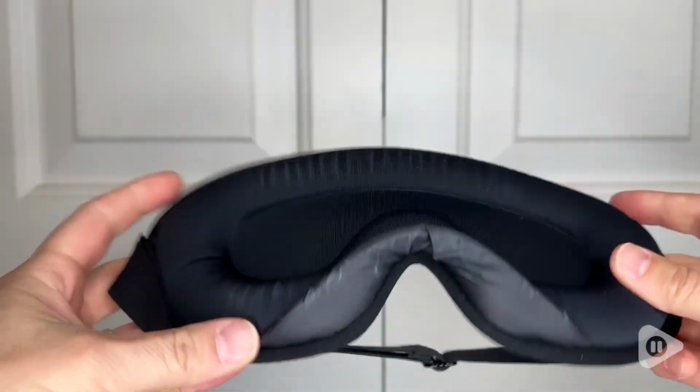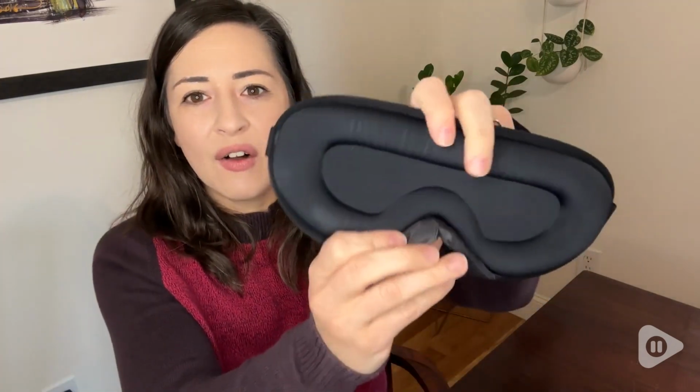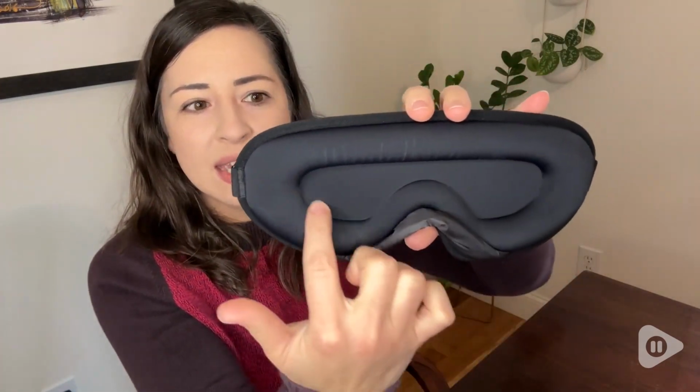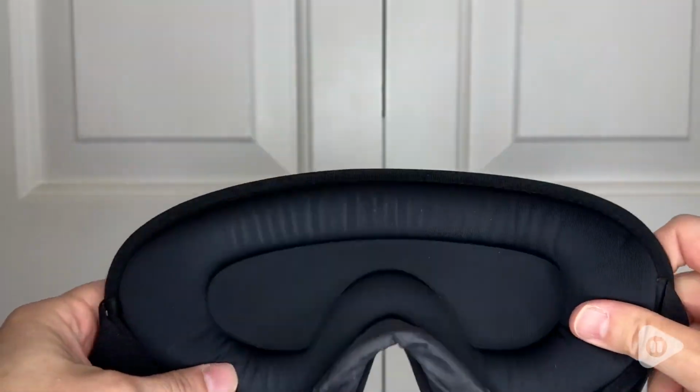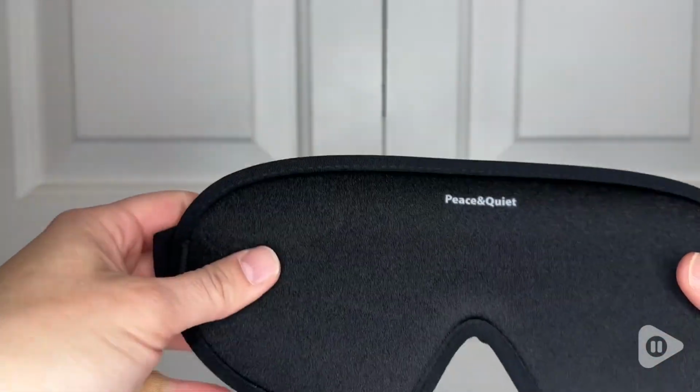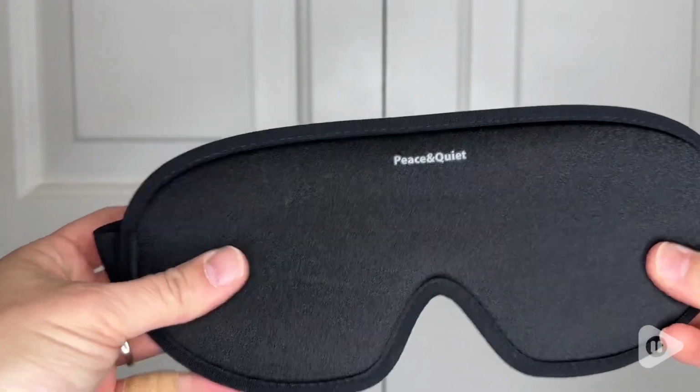Not only does it block light super well, it's comfortable. So I have found in the past that sleep masks can be very constricting and it feels like your eyes can't move. But check out this 3D effect on this eye mask. You have all this space here where your eyes can freely move. So it's super, super comfy no matter what position you are sleeping in. And you can even blink your eyes if you need to and still have the light blocking and the comfort